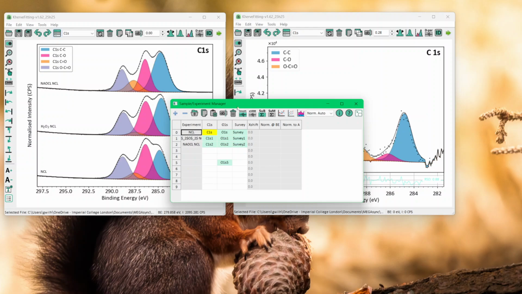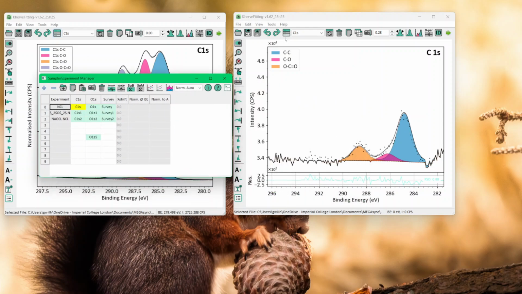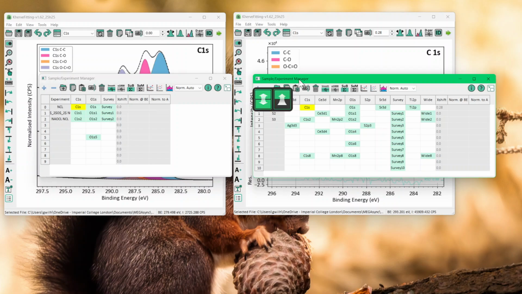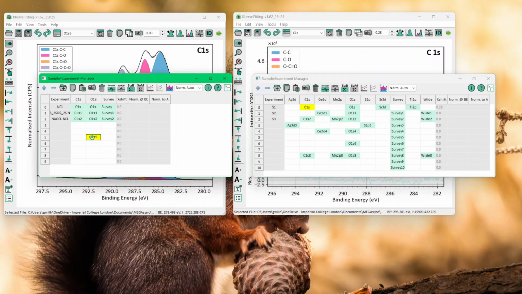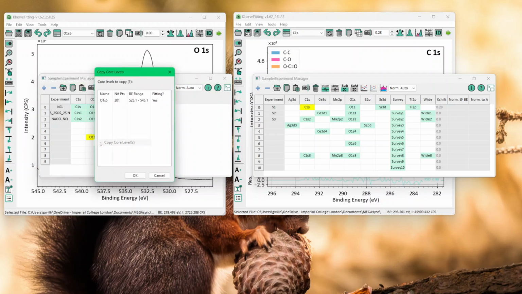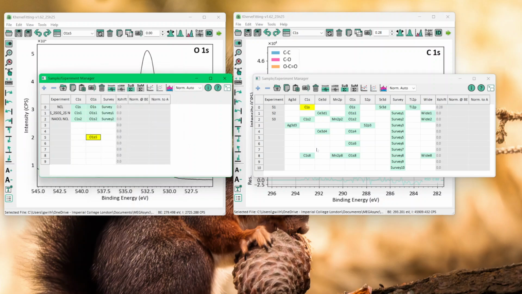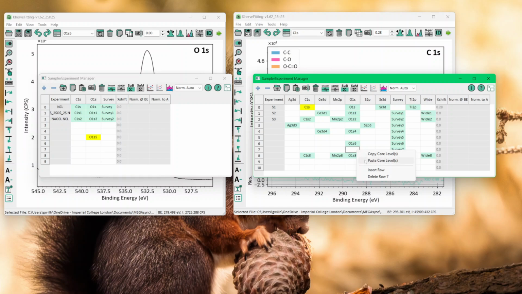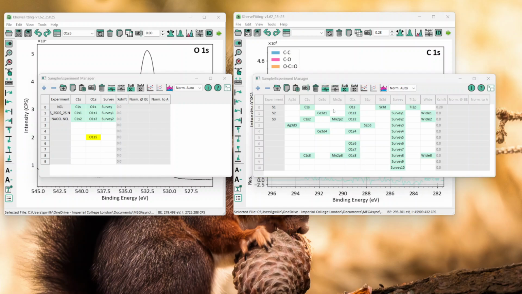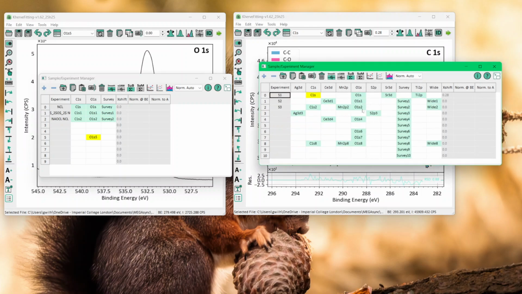As long as we see the sample manager, we can copy data, so copy core level from one to the next. This will take a while if you have many files or pages like on this one, but there is another